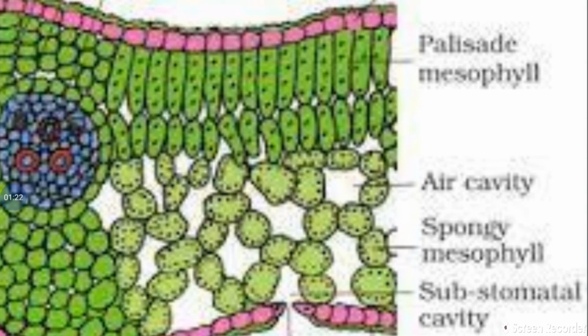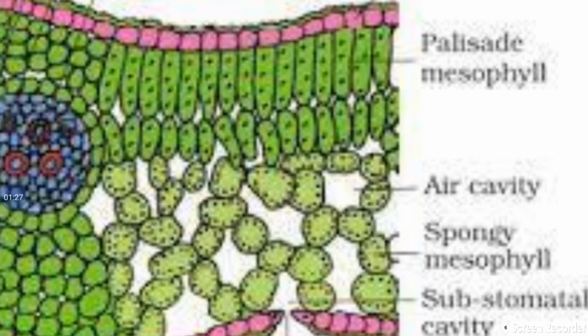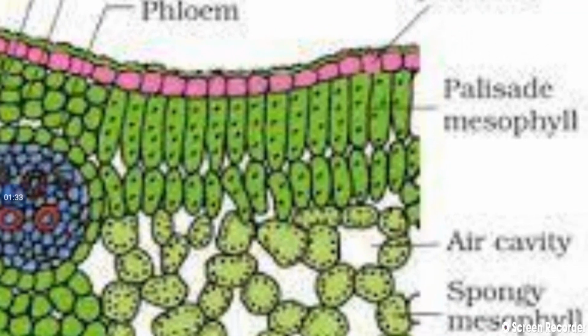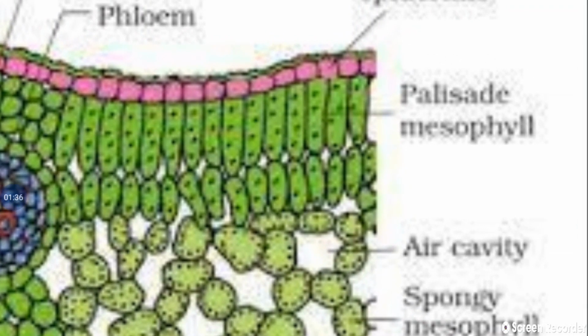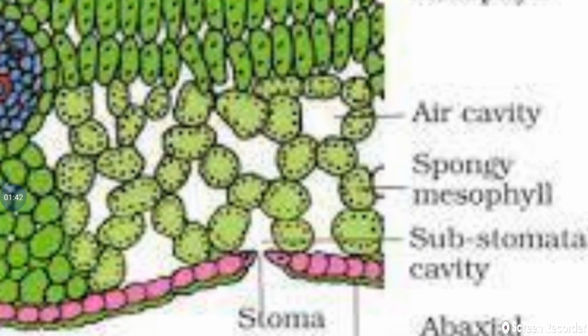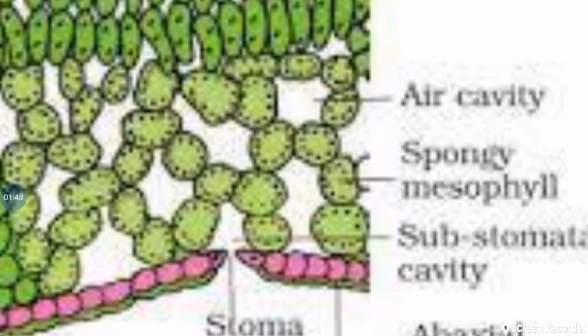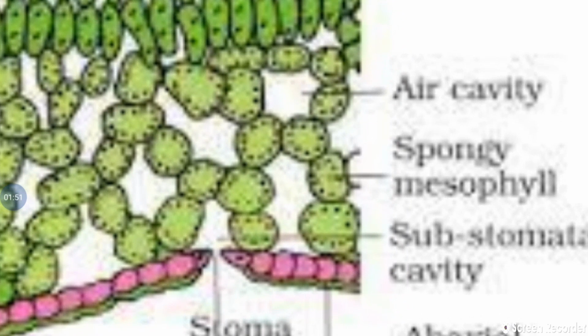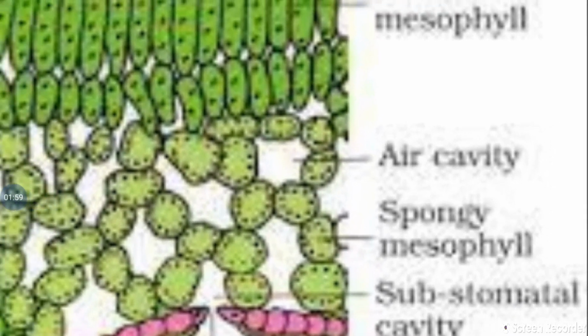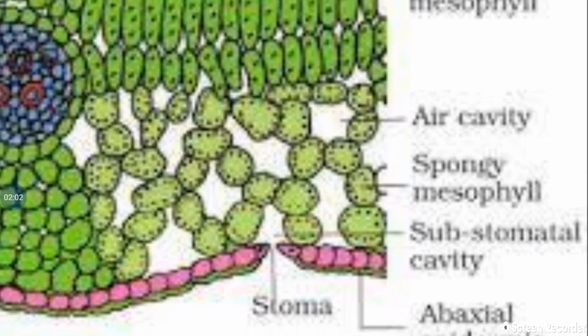Such mesophyll tissue occurs in two types based on the type and arrangement of cells. If the cells are cylindrical and arranged in regular rows, it is called palisade mesophyll or palisade parenchyma. In another type, the cells are cylindrical, oval or even round, but arranged irregularly. Such a tissue is called spongy mesophyll or spongy parenchyma. It can be recognized by the presence of air cavities in it.